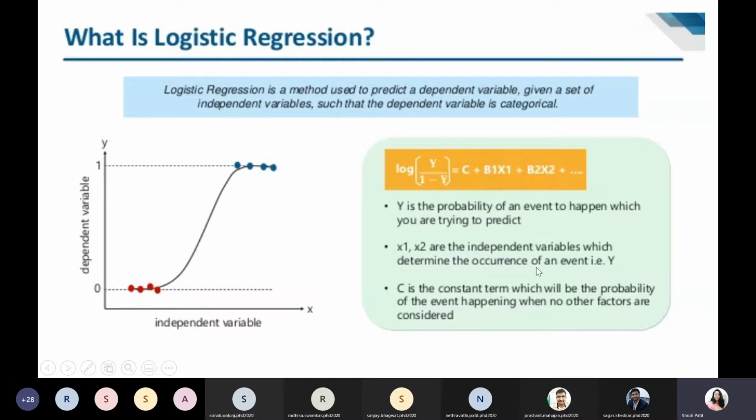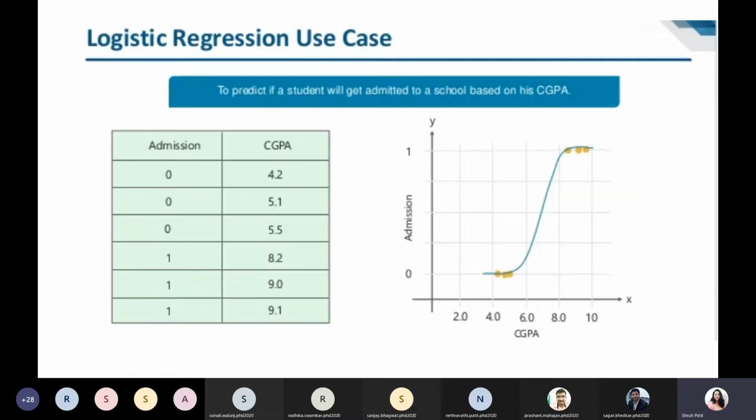That is the independent variable values. Okay, now again an example, if we want to predict whether a student will get admitted to a school based on CGPA, right? So what will be my categories? Either he will get admission or he will not get the admission, right? And that is based on the CGPA. So based on the CGPA, for example, if I say 0 means he's getting admission, 1 means he's not getting the admission, or vice versa. And based on that, the same classification curve is plotted the way we have seen in the previous slide.